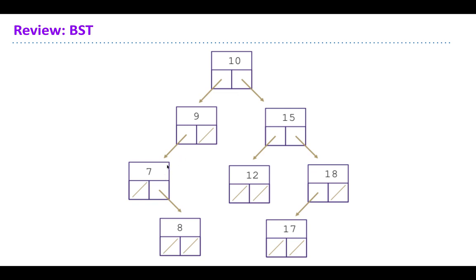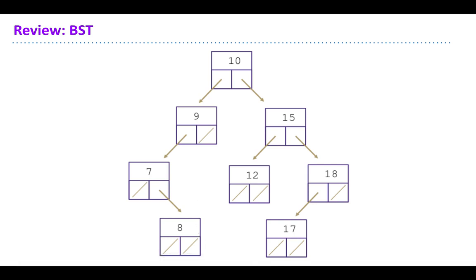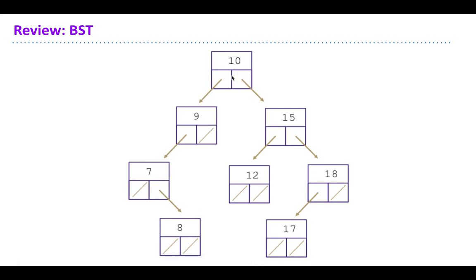Those children can be null. You can see the 7 node has a null child for its left and a non-null child for its right. Every node has 2 children, which makes it binary. And then it's a search tree, which means that from any node, we have this invariant that all nodes to the left contain a smaller value than a given node,